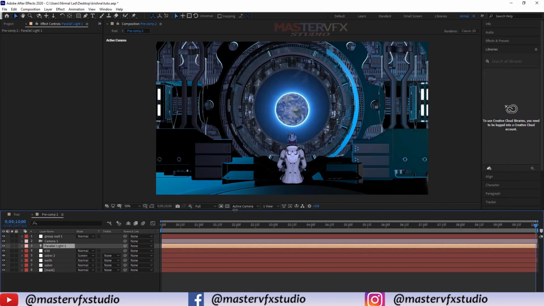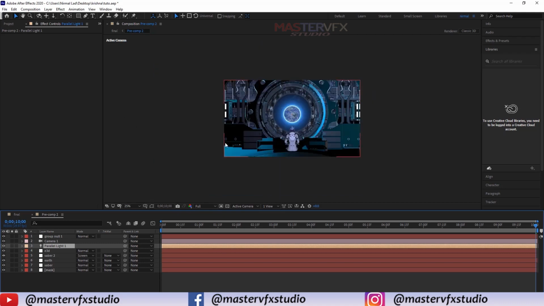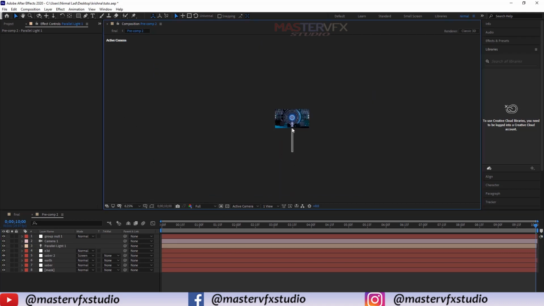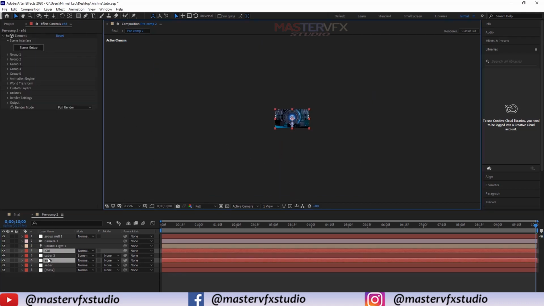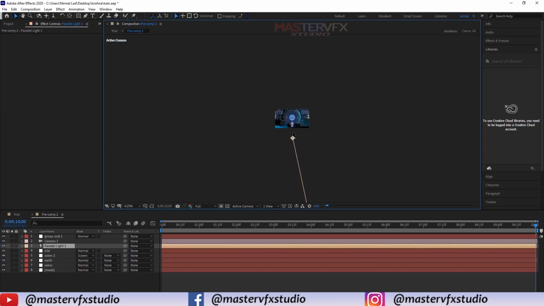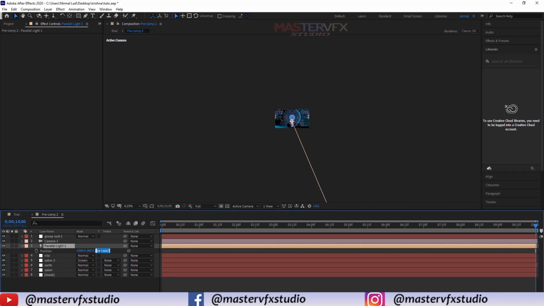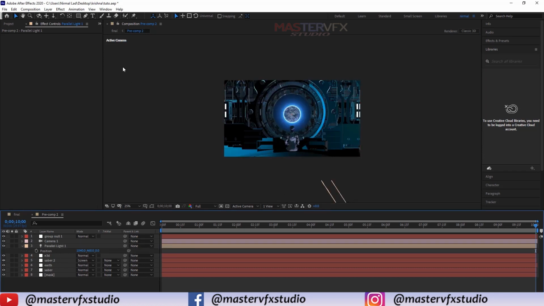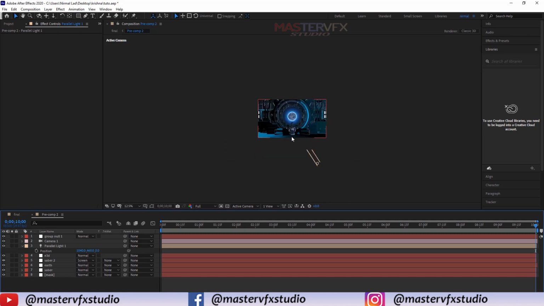Now position the light for our scene. Select the light, press P, make the Z position 0, and we are going to emit light from this direction.